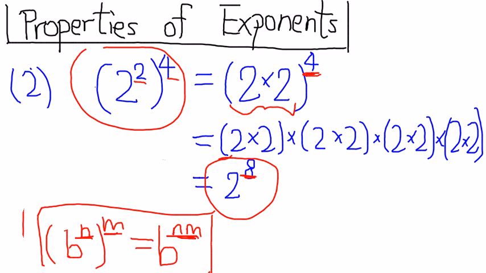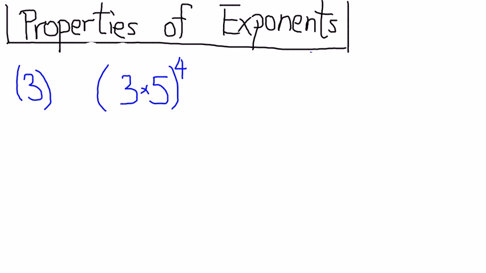They look very different and I'm actually doing exactly different things. So the third property here, let's look at this example. You are doing exponent 4 for the number 3 times 5. I know that 3 times 5 is 15. You can write it down, but again, I want to see the change of exponents related to the base 3 and 5 respectively. So anyway,